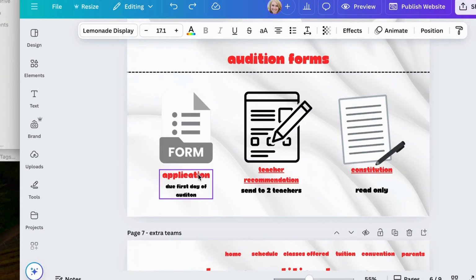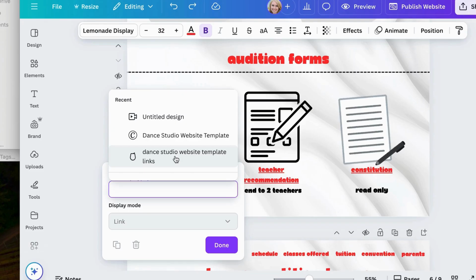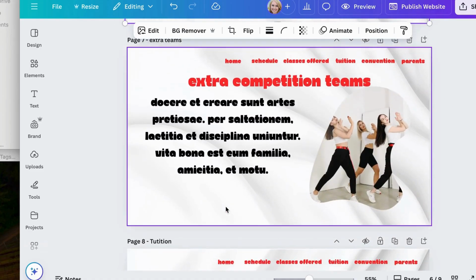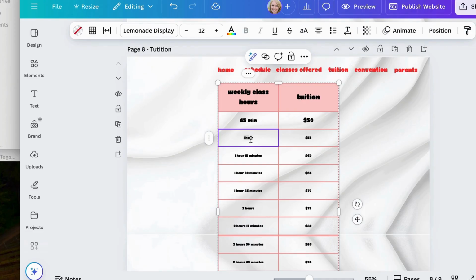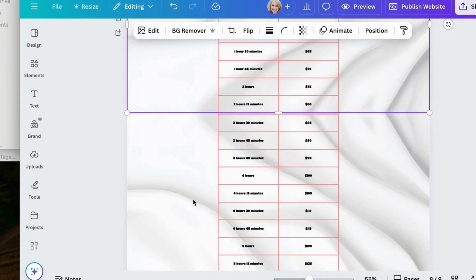Audition form, again, I have linked these, so go ahead and press link, and then you can even put the Google form on there, which is what I have a lot of. Extra competition teams, you can edit this. This is my tuition prices for my native dance studio that people